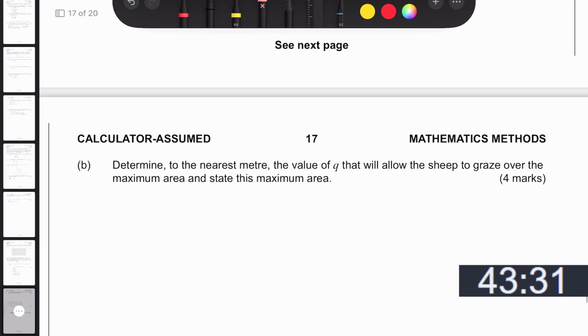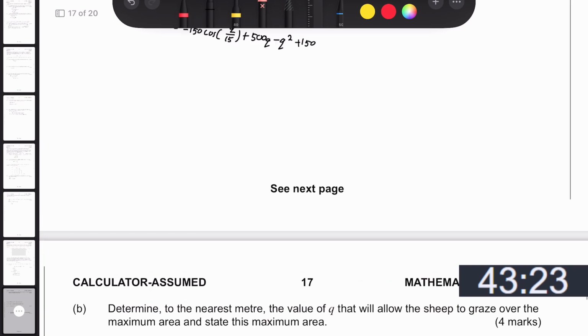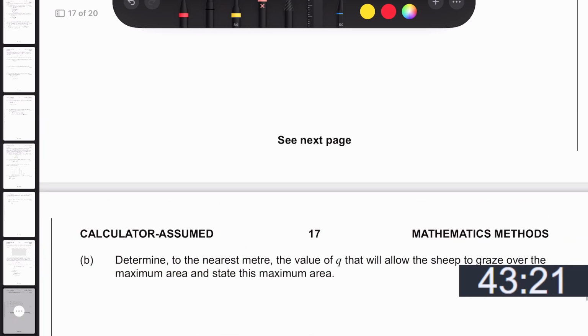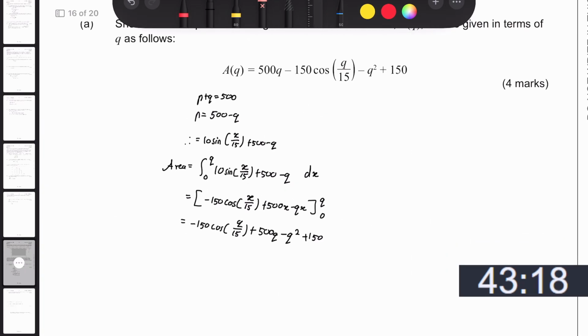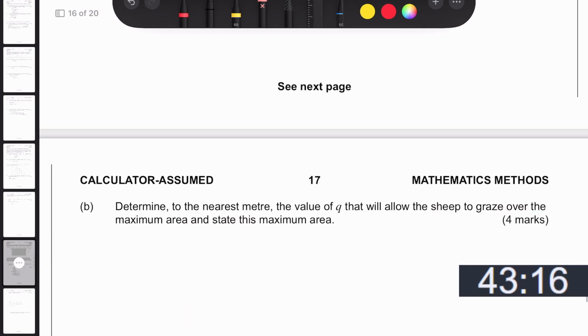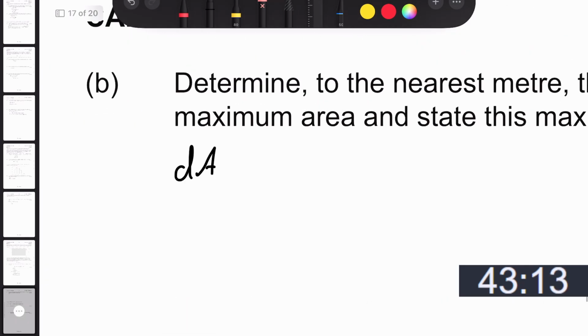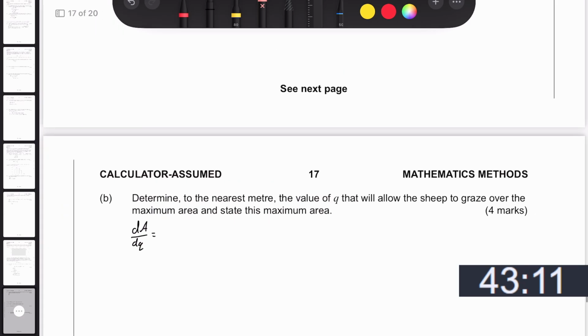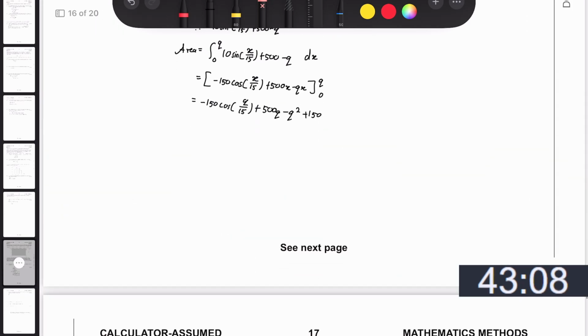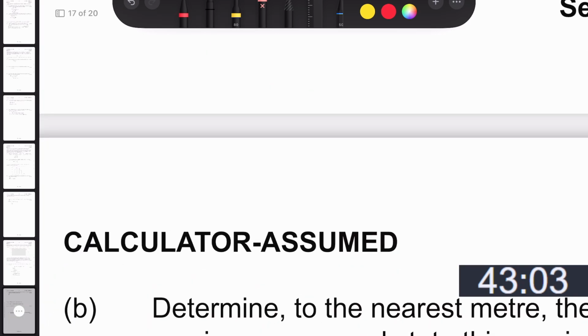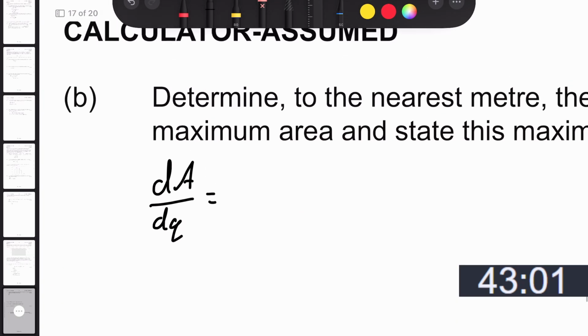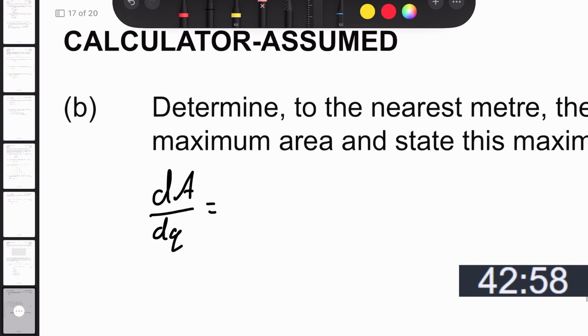Determine to the nearest meter the value of q that will allow the sheep to graze over the maximum area and state this maximum area. Do I have to do dA over dq? I guess I will. So we're going to have to do 150 times 15, so 2250. And we're going from cosine to sine in an antiderivative, so it has to be sine. So negative 2250